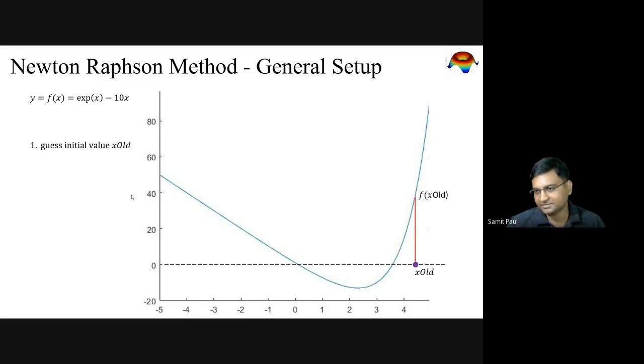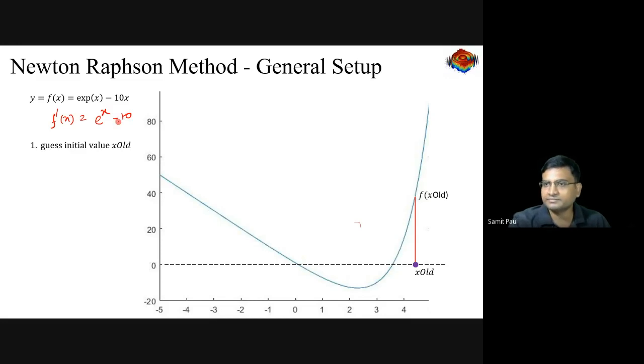So initial guess. Suppose I am calling it x old. Okay. Any value x old, and I can calculate f of x old using this function. Then with the x old value, I can calculate the derivative at this point, or since the function is known, I can directly calculate the derivative. What will be the derivative? f prime of x. Anybody? Right? This will be the derivative. Since the function is given, I can take the derivative.